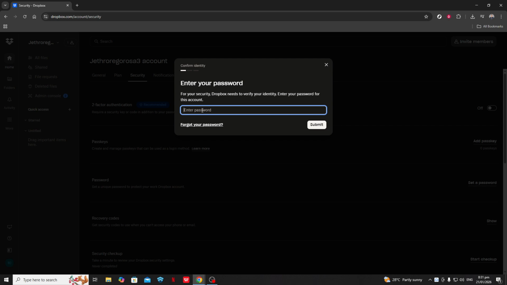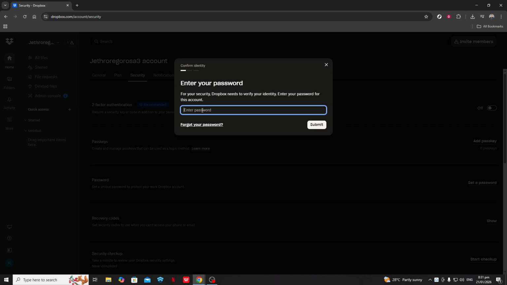The other option is to use an authentication app like Google Authenticator, Microsoft Authenticator, or similar apps. An authentication app is generally more secure and can work even when you don't have mobile signal, as long as your phone is powered on. Choose the method that works best for you, then follow the on-screen instructions carefully.